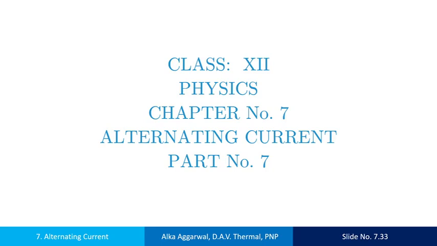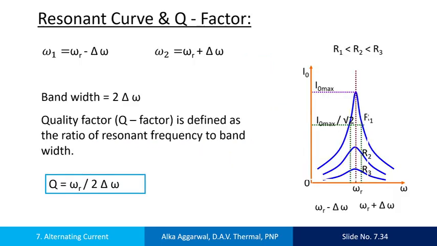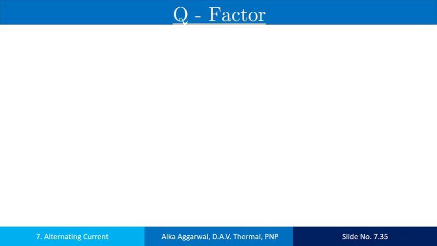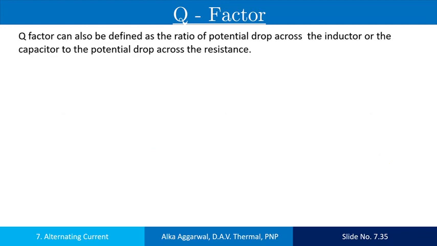Hello. In the last lecture, we were discussing the resonant curve and Q factor. We have discussed that the quality factor is defined as the ratio of resonant frequency to the bandwidth. Now, there is one more definition of the Q factor. Q factor is also defined as the ratio of potential drop across the inductor or the capacitor to the potential